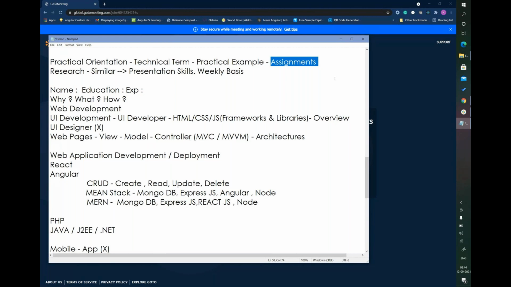Okay, so we will spend around 30 minutes on this, and I will nominate a person every week who has to prepare the research on the topics, and you need to speak about it. This improves your technical skills, your practical ability, your research skills, and your presentation skills.